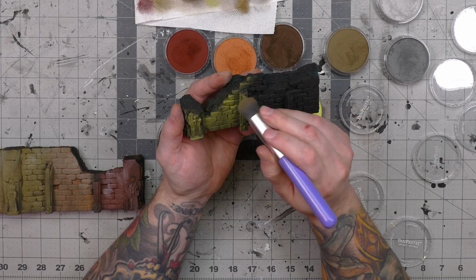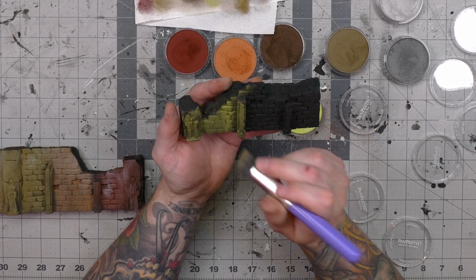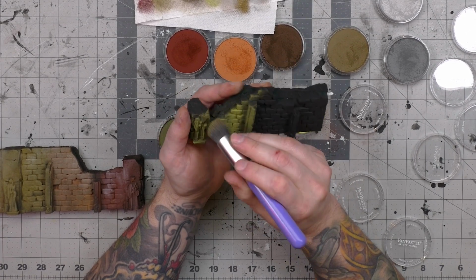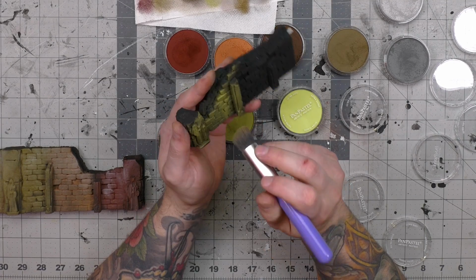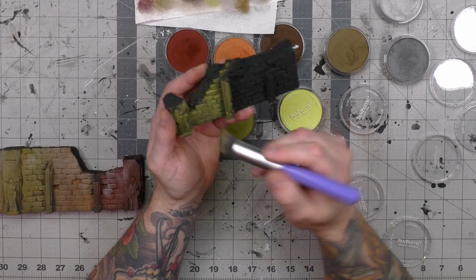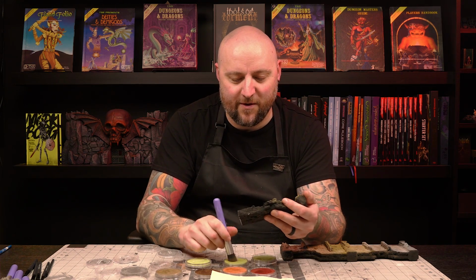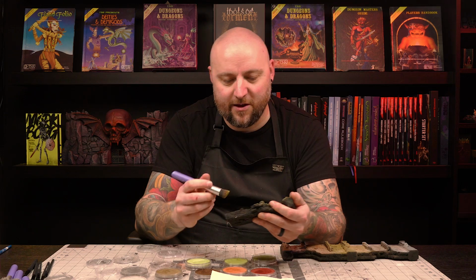You know, on a lot of terrain, I use a zenithal highlight and then inks with an airbrush. And it kind of gives a similar effect to this. But this means you don't need an airbrush. You just need a brush. Inks tend to be very shiny when they cure, and again, this is very matte. So if you want that kind of look without the airbrush and without the shine,